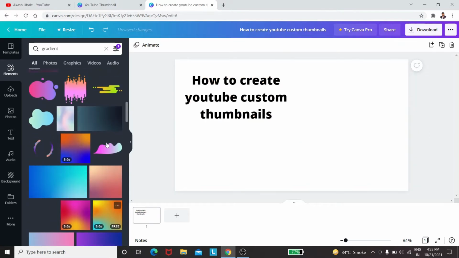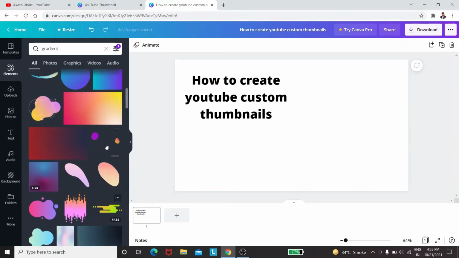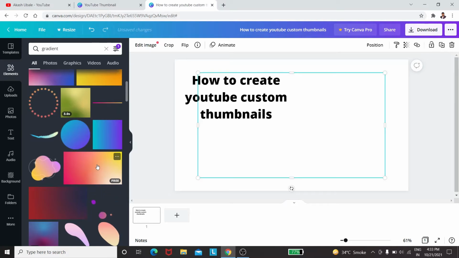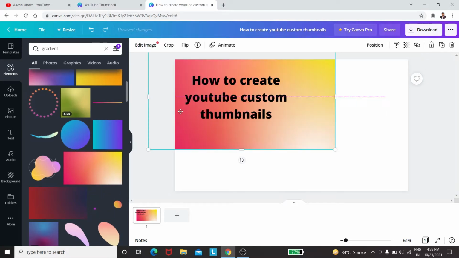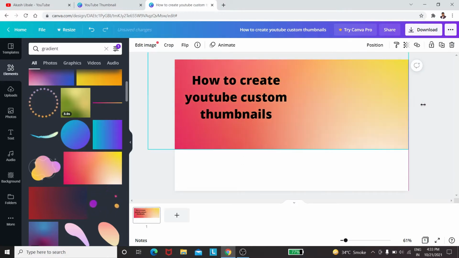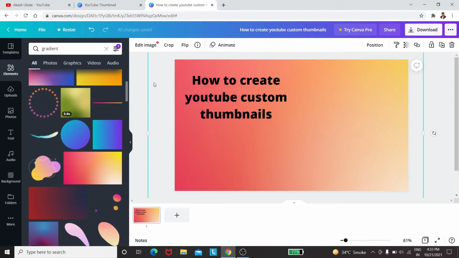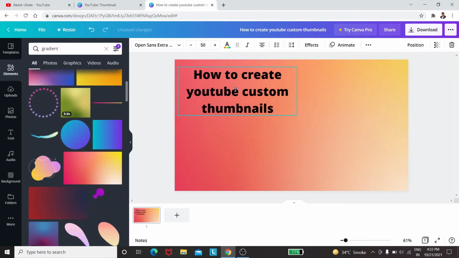Let's select something like this one. You can select anything, whichever you want. There are many more gradient things. Okay, so just